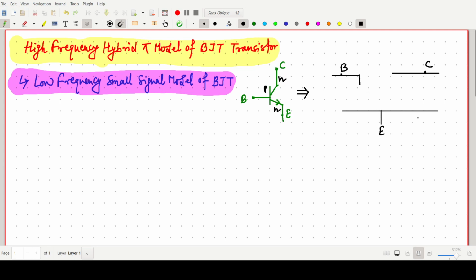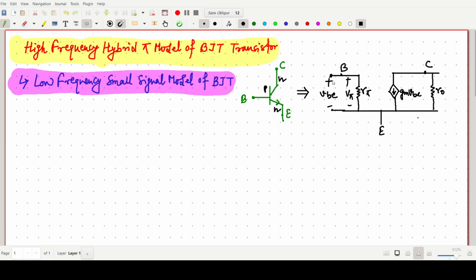In this case, we have a resistance here between the base and emitter side, termed as R pi, and one current source, gm v pi, and one resistance r naught. This one is also called the V pi,